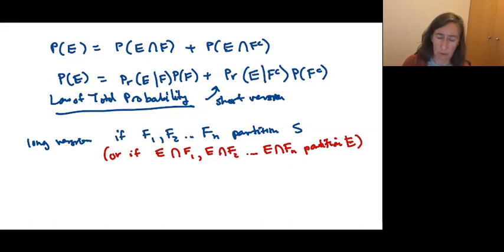If the thing in blue is true, the thing in red will always be true. So if either of those things is true, then